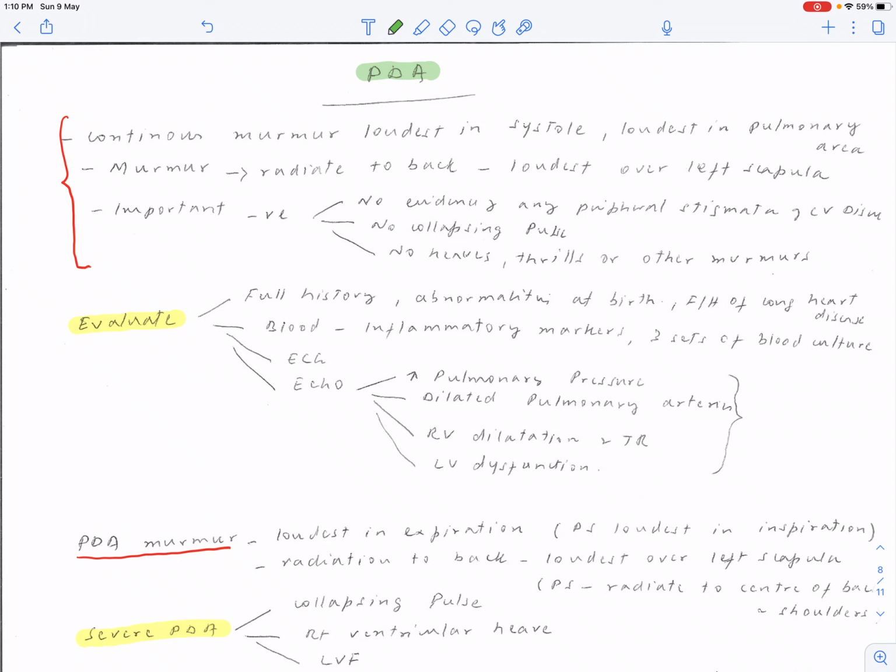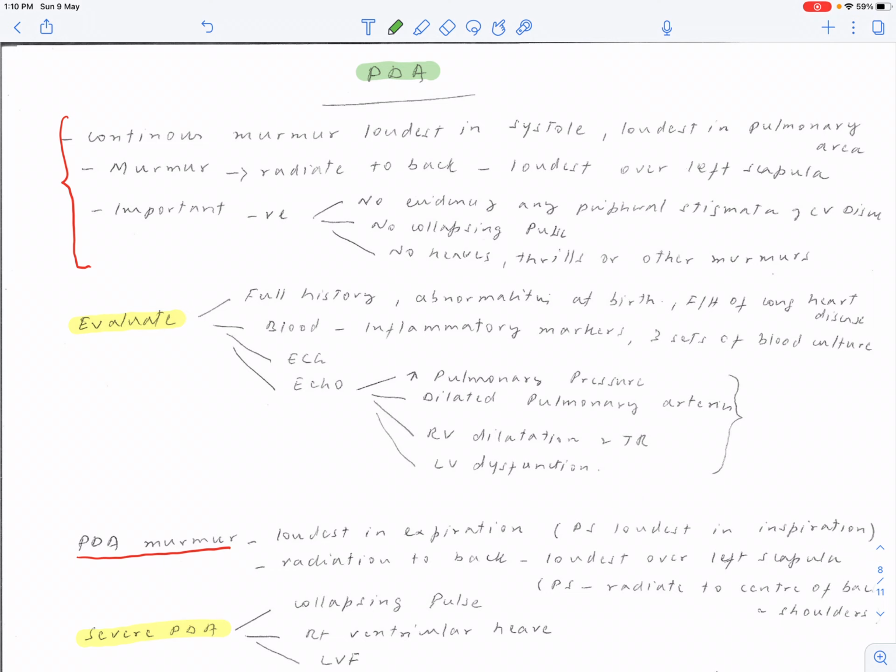So once you've done the examination, give your diagnosis first. This is a very good idea, so that the examiner knows exactly what you're talking about. So say the patient has patent ductus arteriosus and I was able to appreciate a continuous murmur which is loudest in systole and it is loudest in the pulmonary area. Tell the examiner about the radiation, that the murmur radiates to the back and it's loudest over the left scapula, and